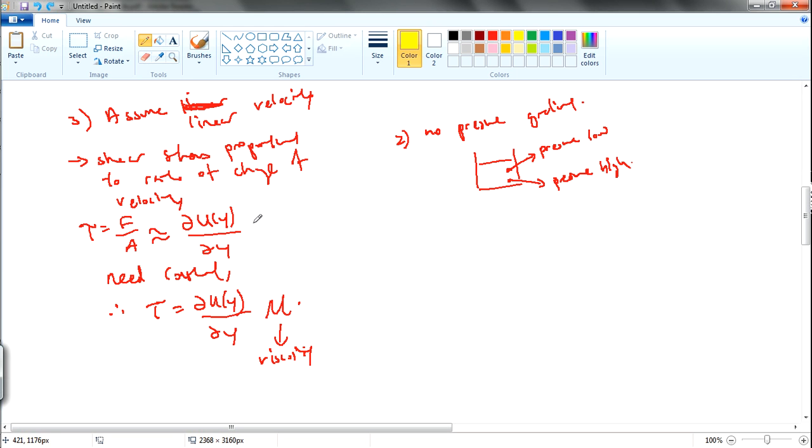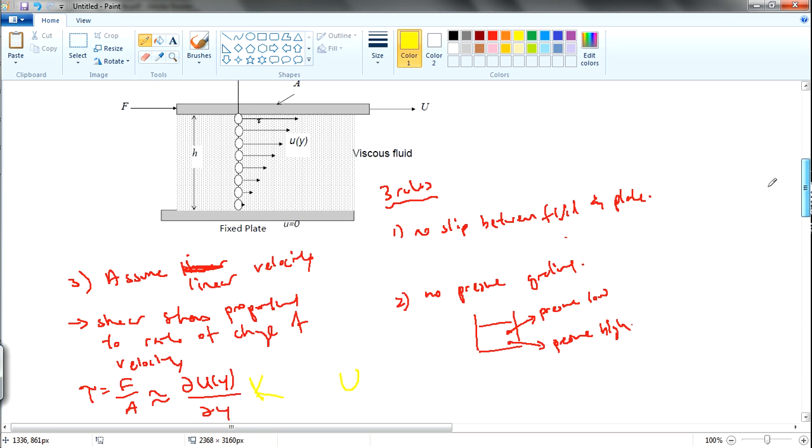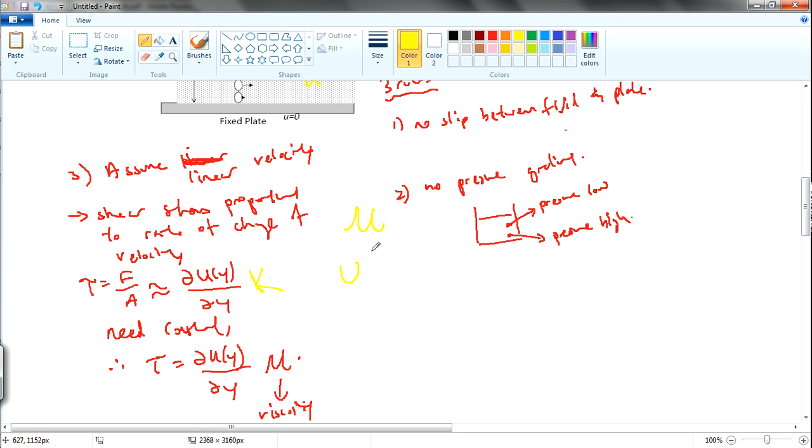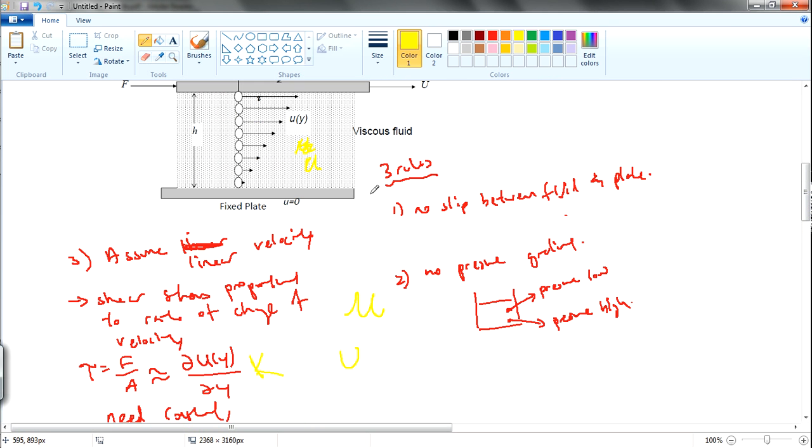So normally for proportional, you need a constant k, right? The constant k itself is actually the viscosity index. We call it u with a different shape. So there is this type of u, which is the speed of the plate, and this is the u, the velocity of the fluid, and then the very exaggerated curvy u is the viscosity index. Okay, so don't get mixed up when you see a lot of u's.